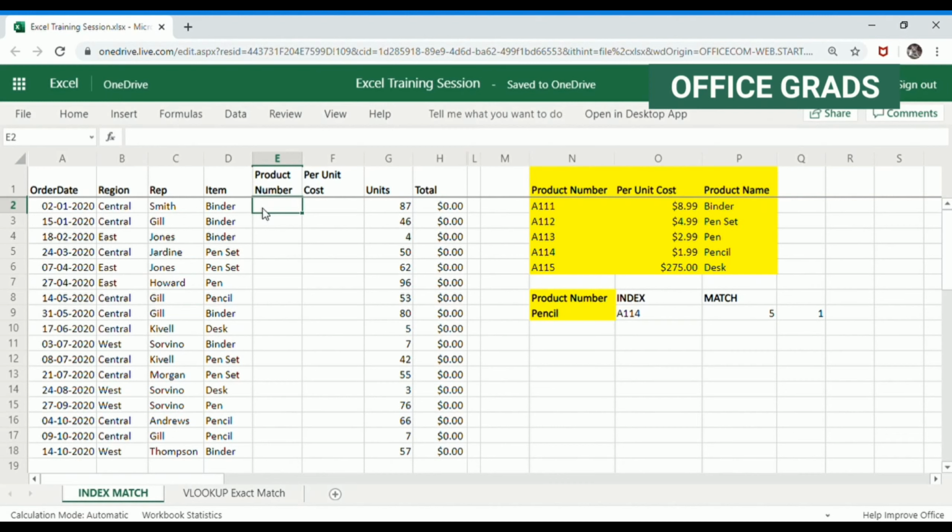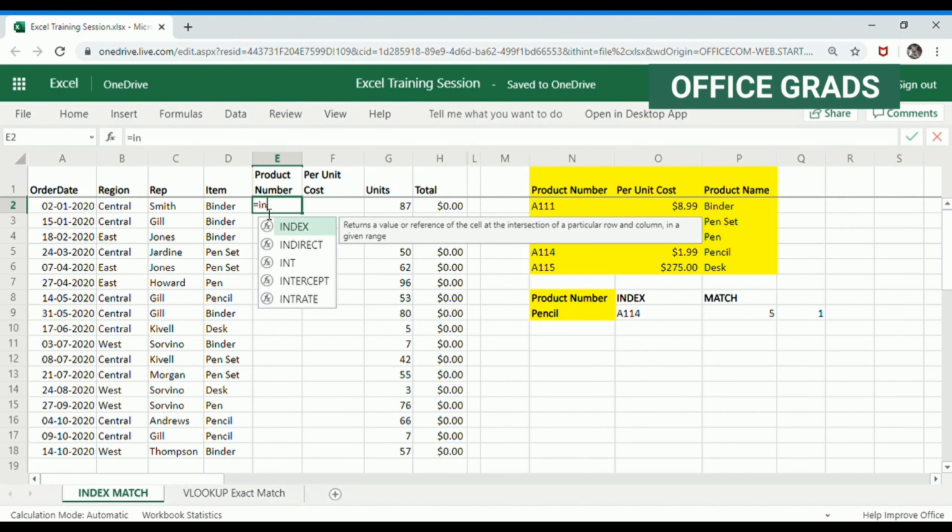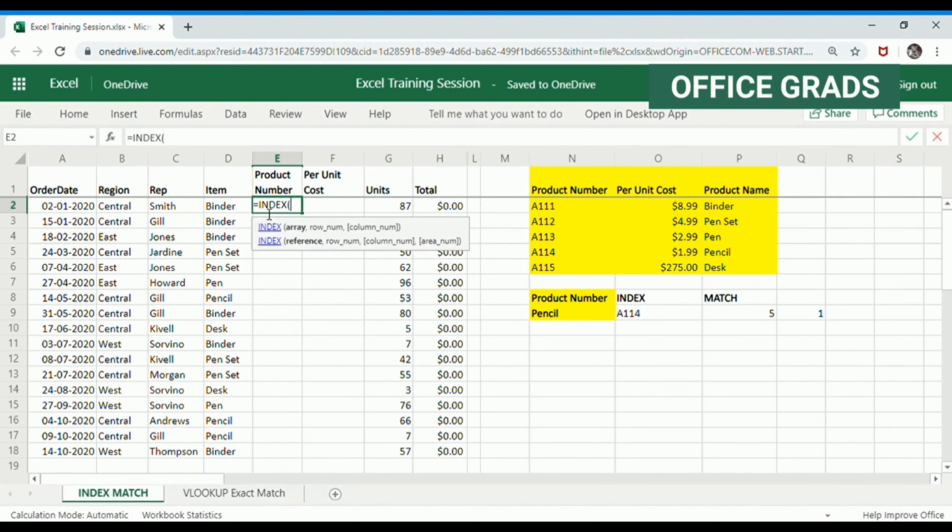I did explain a little bit about your cell references in my previous videos. So let's start with equals INDEX and open the bracket. First we need to select an array, right? So in this case, I have to select this array. Notice here, as of now, I have N1 to P6. I hit F4. As soon as I hit F4, I get these dollar signs, then comma.